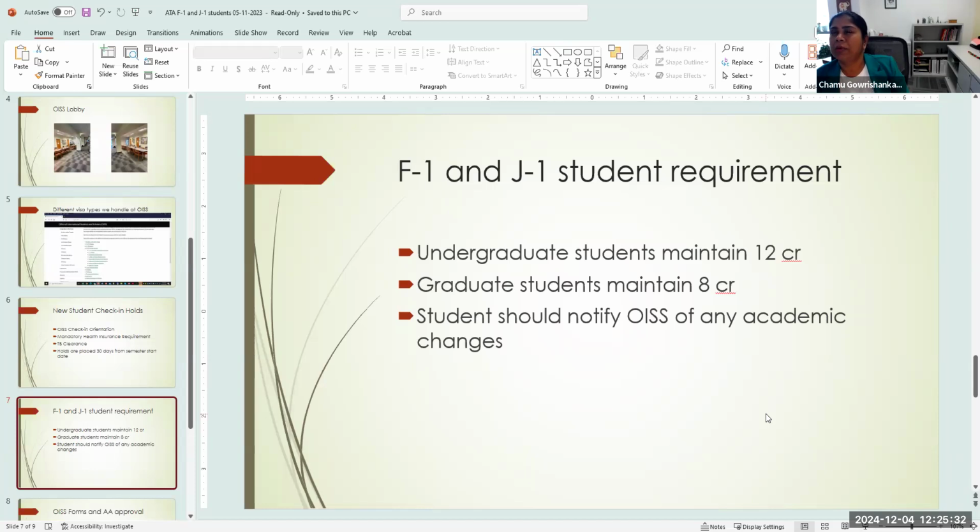I think library sciences has two tracks. One is completely online, and then they have a regular in-person program. And I think the business school with the MBA also has those kinds of tracks. In that case, they don't need an I-20 to come here and study. They can be in their home country and do their completely online program.